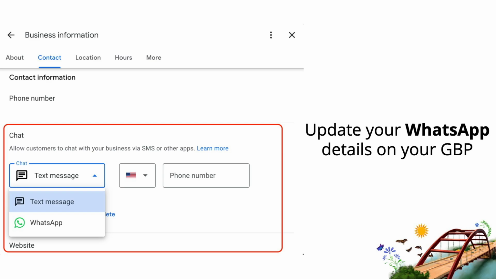Now, in the United States, they introduced a WhatsApp number update on Google Business Profile. I'm sure in our country we don't use WhatsApp often, but this system is booming. Make sure that you get your business WhatsApp details and update this information on Google Business Profile. Why should you do that? You have an opportunity to talk to your customer directly. Back then, it was a messaging feature. They sunset that feature. They recently launched a WhatsApp messaging feature.